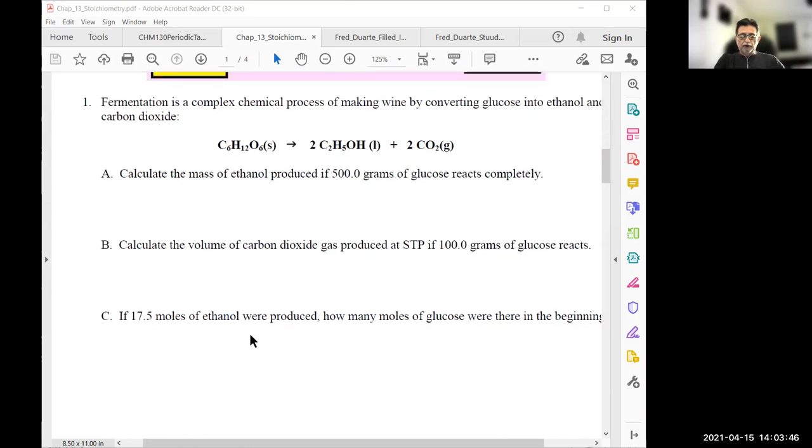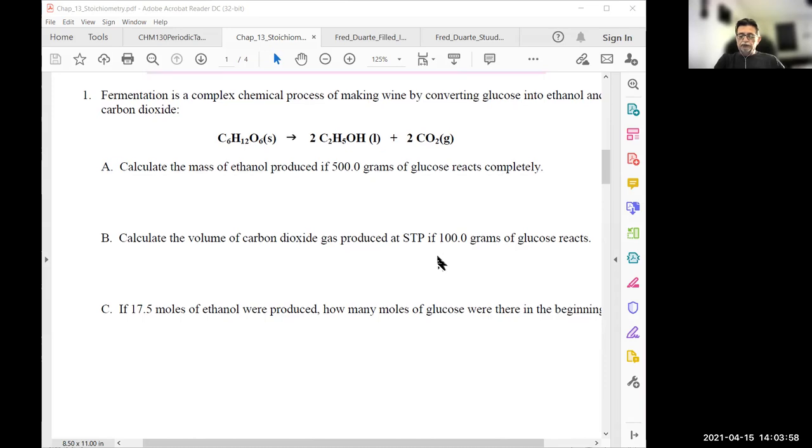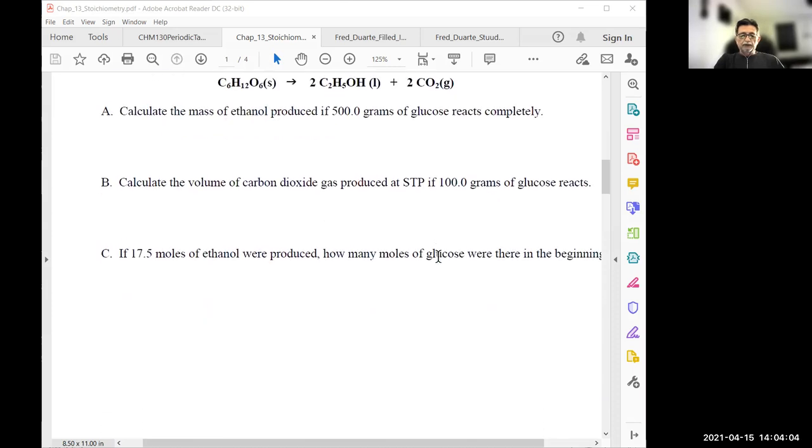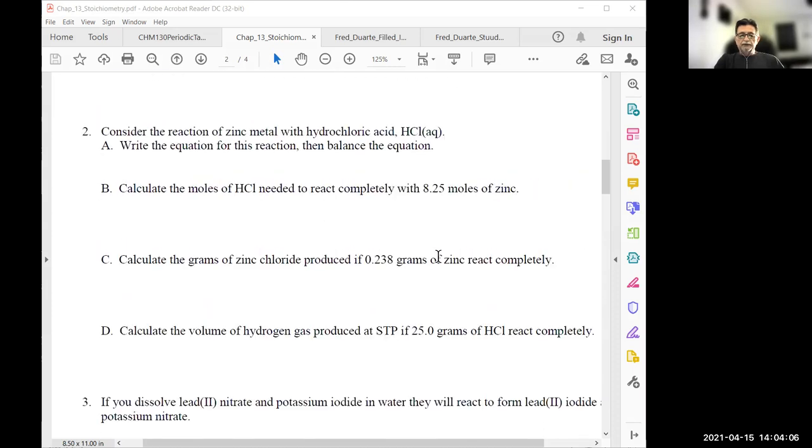And then the C part, they're telling you, okay, I created 17.5 moles of ethanol. How many moles of glucose were there to begin with? So you're working from product to reactant. And you got more examples. Okay, so by all means,